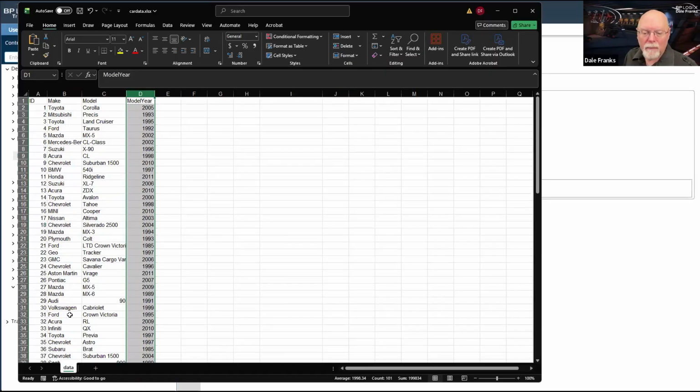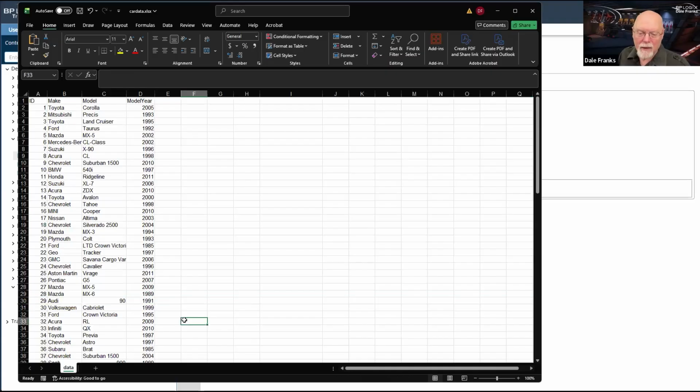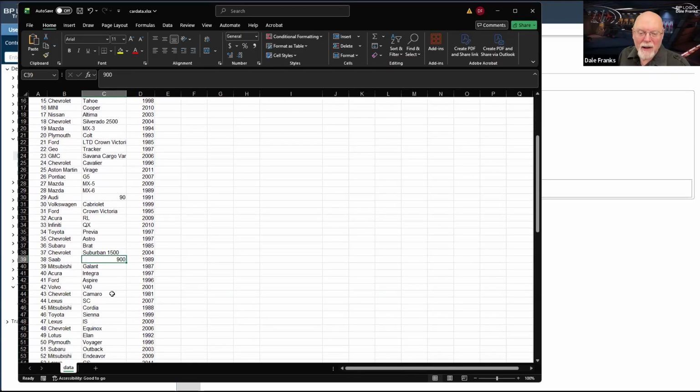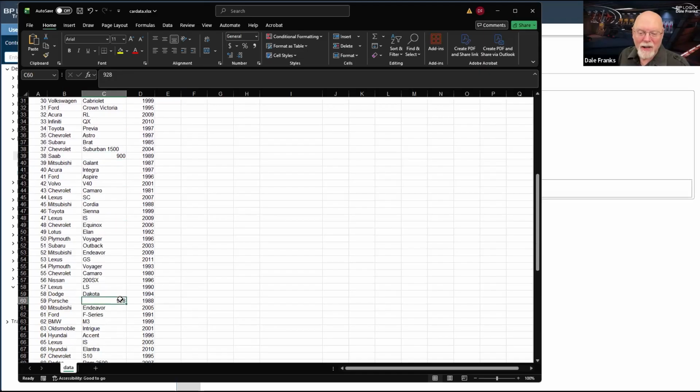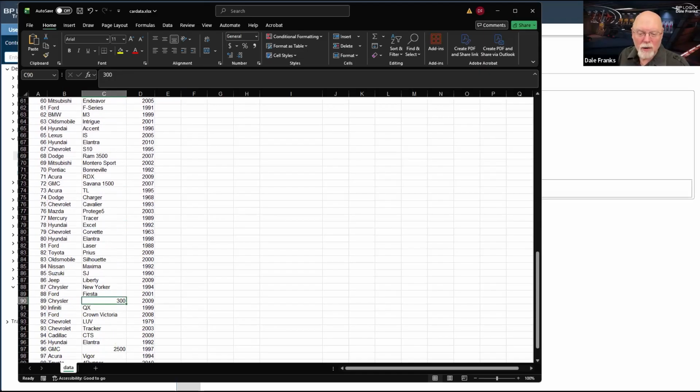Even worse, notice down here at record 30, the 1991 Audi 90. There's also the Saab 900. There's also the Porsche 928. And there's the Chrysler 300 and the GMC 2500 pickup trucks.